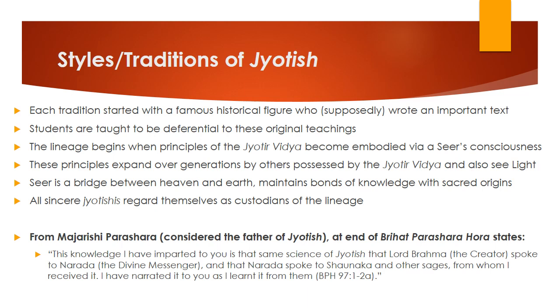So sometimes the branches kind of weave back in and on themselves. Yeah. And the path is not always linear. And sometimes, again, different branches of rivers meet up again and create larger riverbeds and things like that. So, yeah, these principles of Jyotish expand over generations. They pass through generations of students, sometimes families, and these principles expand over generations by, again, other people